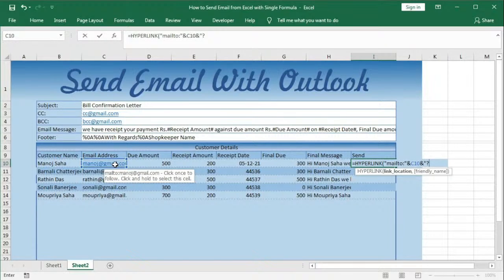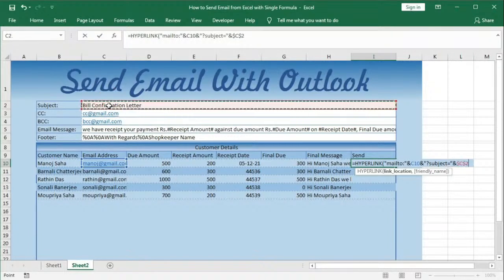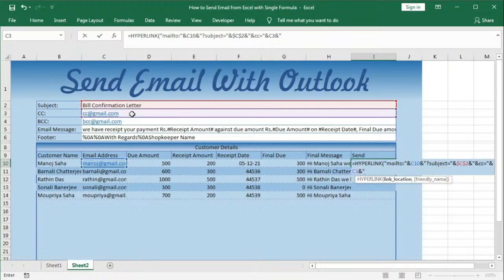So first we'll use subject. Sorry, here we do not need to use &. Subject equal to, quotation close, and so this is the subject. Press F4 to lock this, and next we will use CC. So within quotation &CC equal to, quotation close, and then we'll use this CC cell, then again press &, then within quotation